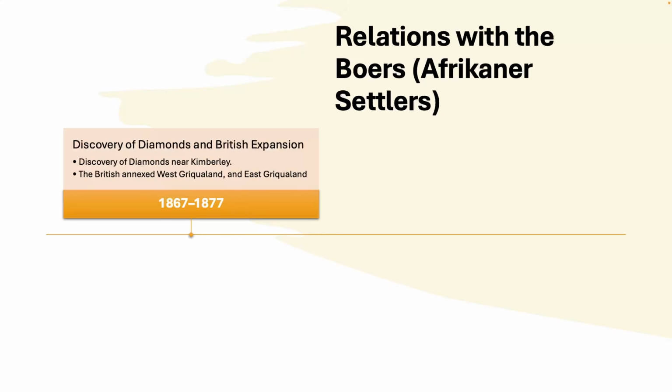The idea here was to annex both of these territories in 1871 and 1874, and then to integrate them into the territories of the Cape Colony. These annexations heighten the tension with the Boer peoples, who viewed the annexation of both of these regions as an infringement on their own sovereignty.